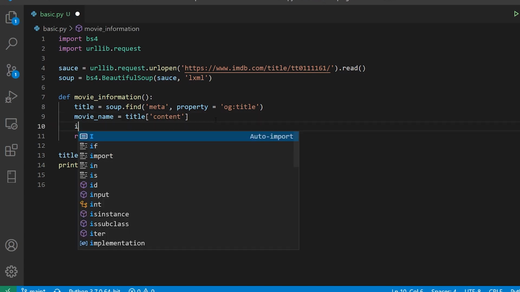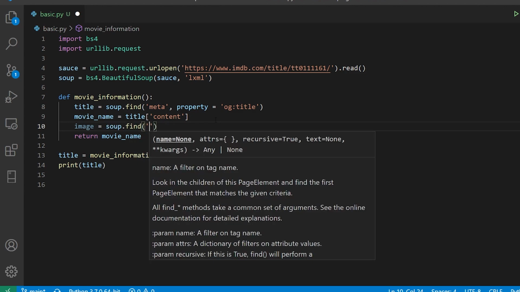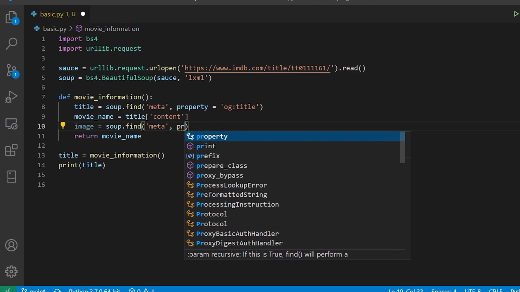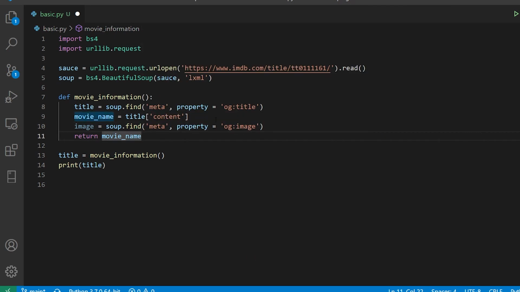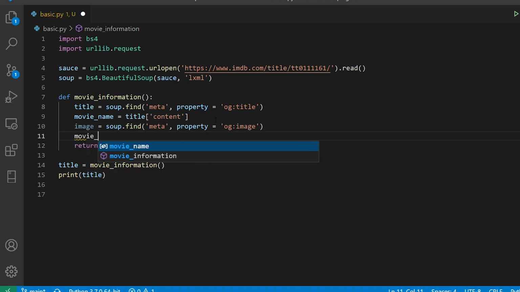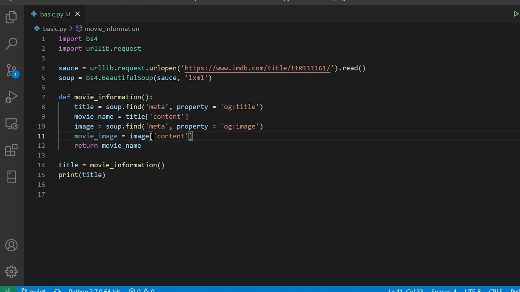I'll say image is equal to soup.find in which I'm going to say meta followed by property which is equal to OG image. All right, and here I can say movie underscore image is equal to image which is followed by content.